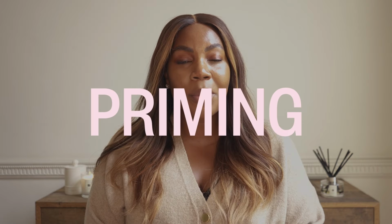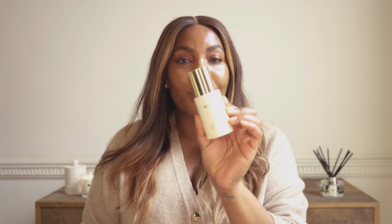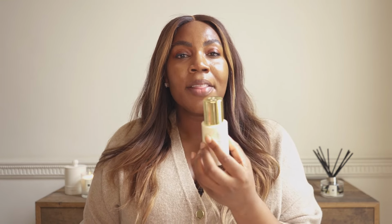Today I'm going to be showing you how to perfect your foundation look. It's so important to get that really beautiful base, and all great makeup looks start with great skin. If you have dry skin or normal to dry skin, this one from Merit Beauty is amazing, it's called the Great Skin Priming Moisturizer. Super hydrating and will ensure that there's going to be no dryness or any areas of texture before you apply